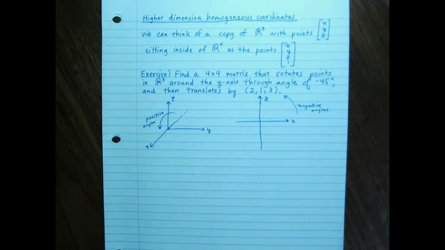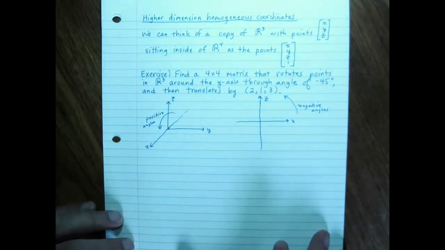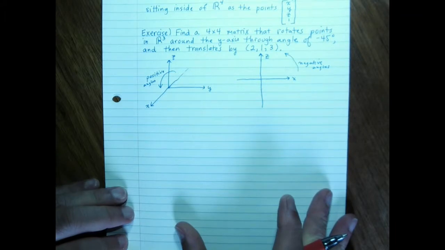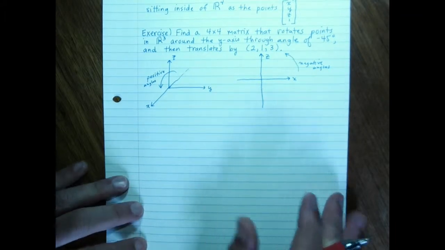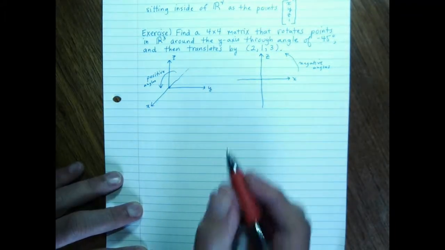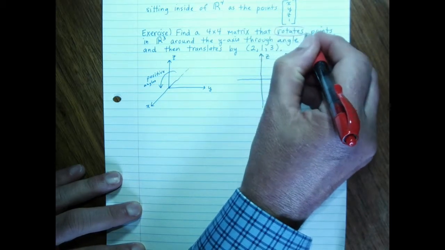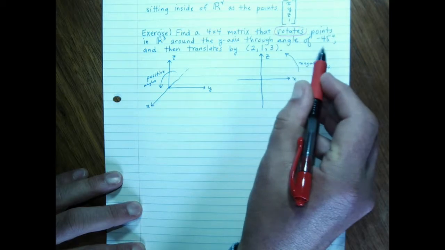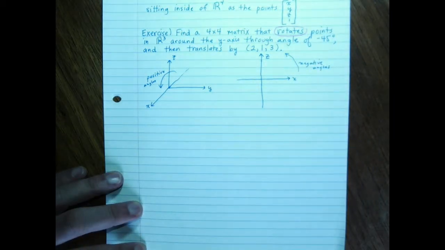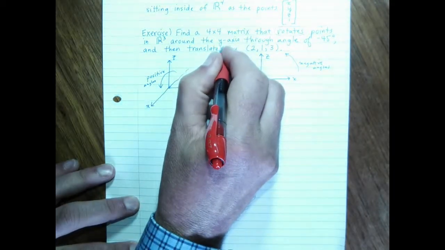Here it's like a full copy of space sitting in this higher dimensional Euclidean space called R4. And we're going to do one exercise here together. We're going to find a 4x4 matrix that rotates points in R3 around the y-axis through an angle of negative 45 degrees, and then translates